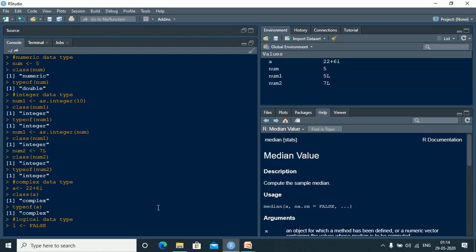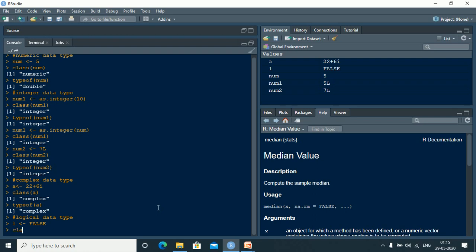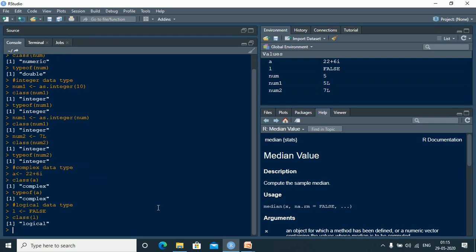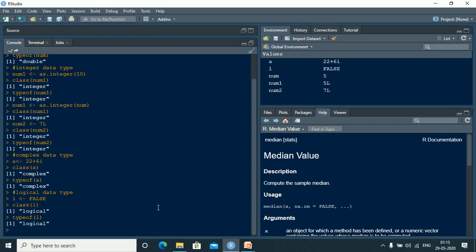If you are not writing it in capital letters, you will have to put it in double quotes so that it becomes a character data type. Let us see the class of L, logical. Let us see the type of L, again logical. So the logical values TRUE or FALSE have to be always written in capital letters.